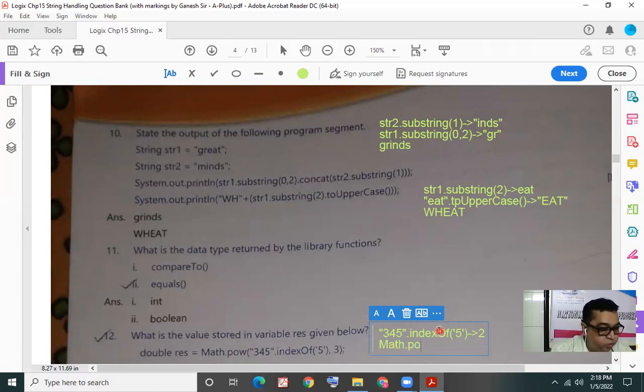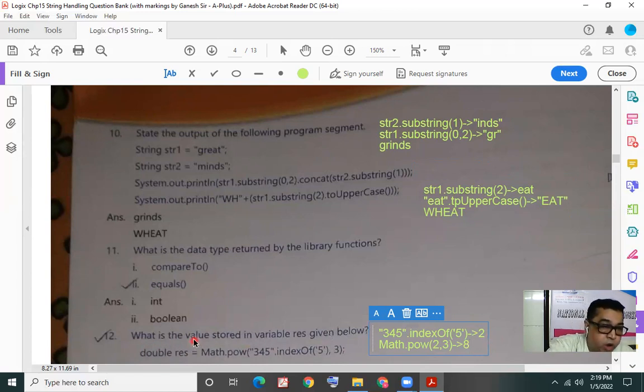So your pow method will get the result of the indexOf method, 2, and that would be raised to the power of 3. So 2 raised to the power of 3 would be 8. This would be the result stored in variable res. The output would be 8.0 because res is a double type variable.